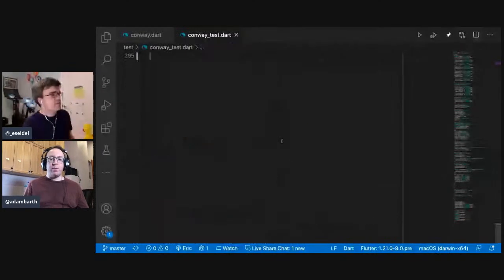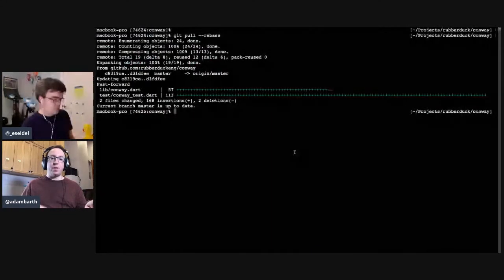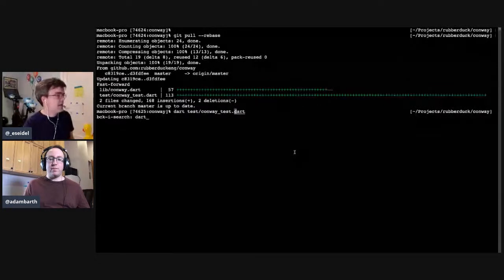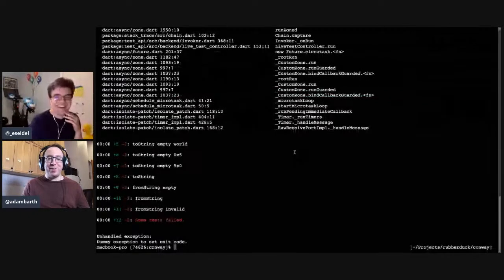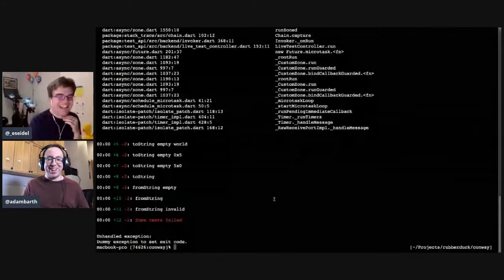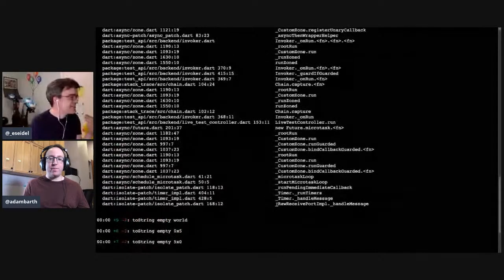I had a dream that we would have a function like this string, I expect it to evolve to this string, and that would be the concise version of the test. I seem to recall that our test didn't pass. Did you fix our passing test? No. I had to comment out the failing tests in order to make sure my tests actually passed. Well, it was nice of you to leave something for the viewers.